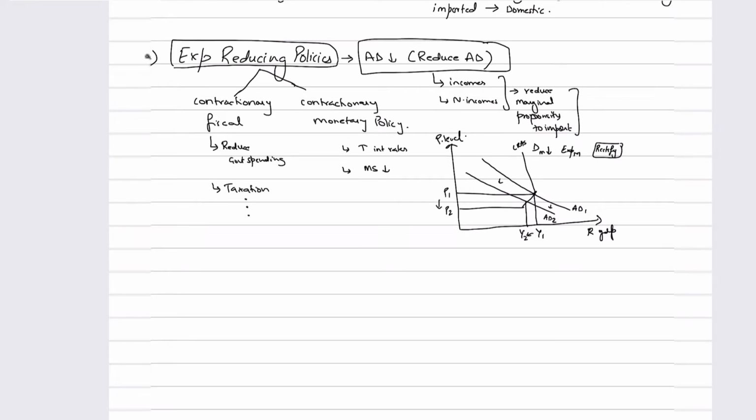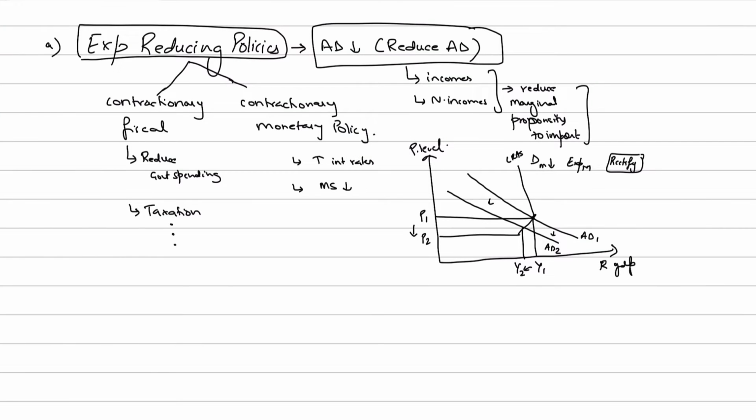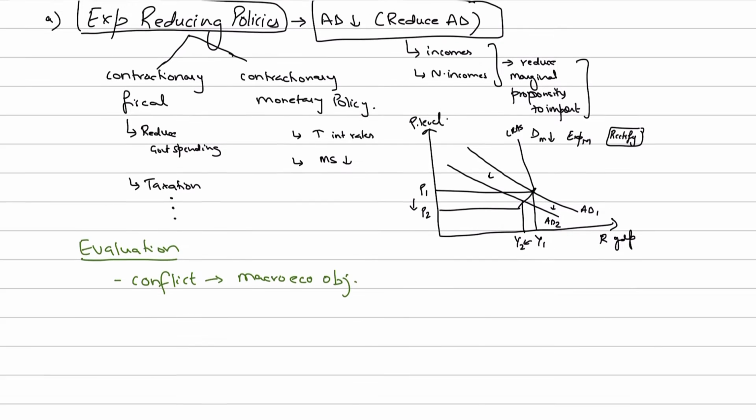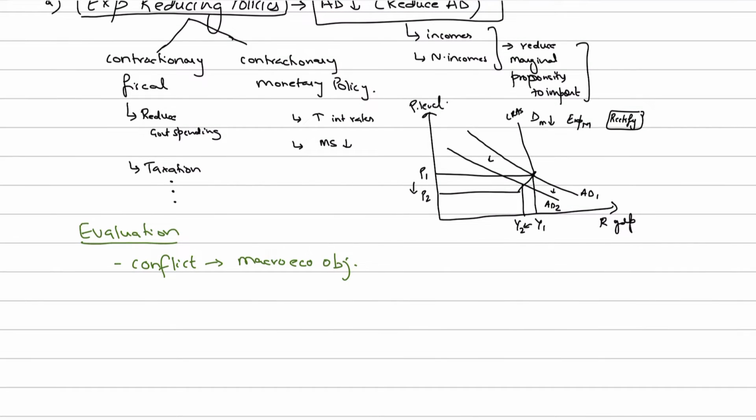Okay. Moving forward, this is the first policy, but again, let's study the evaluation of this policy. The evaluation, guys, of this policy would be that these expenditure reducing policies, that is contractionary fiscal and contractionary monetary policy, although they will be successful in rectifying the deficit, would conflict with other macroeconomic objectives. It is going to directly conflict with other macroeconomic objectives. For example, let's say the trade balance improves, or the trade deficit reduces, and that we know is fine, but again that would result in